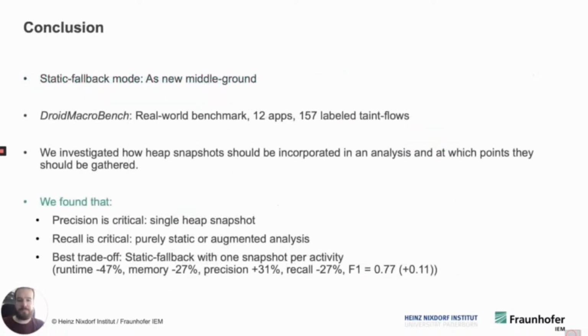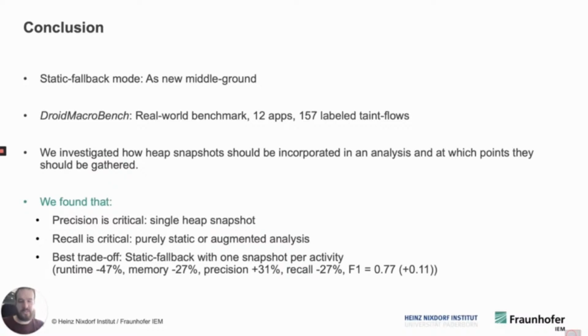To summarize, we proposed a new middle ground between precision and recall by using pointer information from heap snapshots and falling back to pure static information where no dynamic information is available. We introduced Droid MacroBench, a real-world Android app benchmark comprising 12 apps with 157 labeled taint flows. We investigated how heap snapshots should be incorporated in a static analysis and at which points they should be gathered. We found that if precision is critical, a single heap snapshot taken at the start of an app might be the strategy to choose. In case recall is critical, however, a purely static analysis or an augmented version still yields